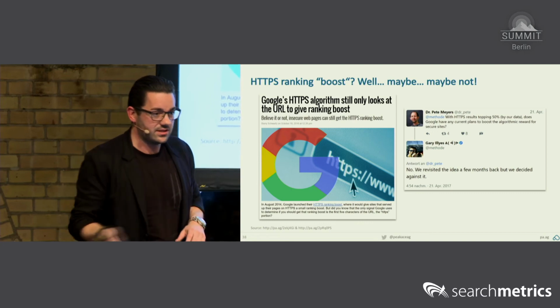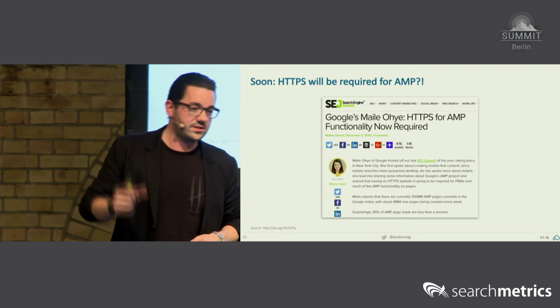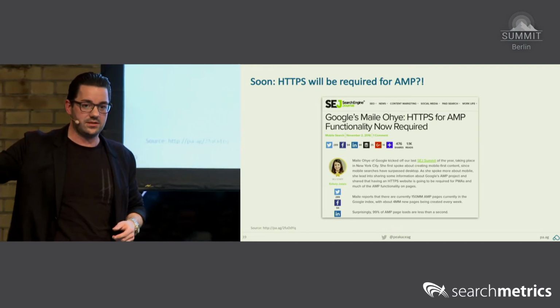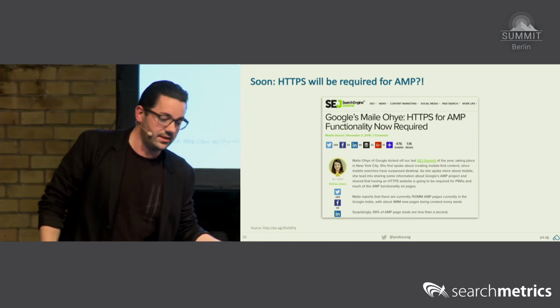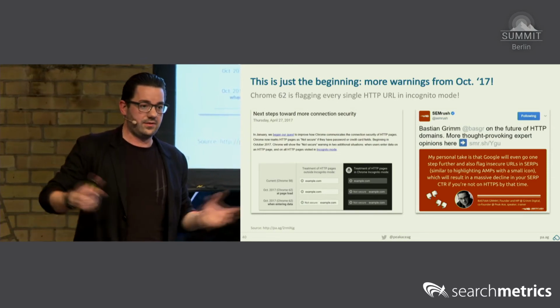I think that's entirely useless anyways. What I do believe, though, is this is interesting because they're now forcing you in the future to have HTTPS to use AMP. So that's interesting because that wasn't the same when they initially launched it. What I really think is way more interesting is what they're doing in Chrome,